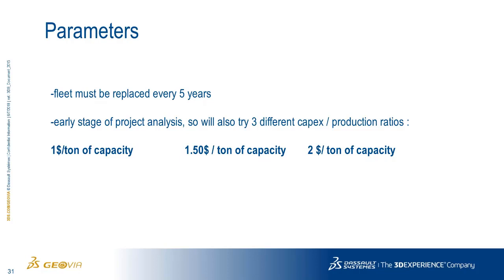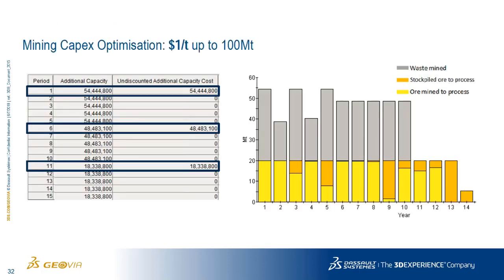So as a simple example, when we run it with a $1 per ton linear relationship between cost and CapEx, the system's automatically able to run through iterations, and we're able to determine that the optimal mining capacity for this scenario should be 54 for the first 5 years, then down to 48 for the next 5 years, and then down to 18. The 60 was pretty close, but not quite on, and we want a variable scaling of the project, if, with our 5-year rule, we said that was doable.